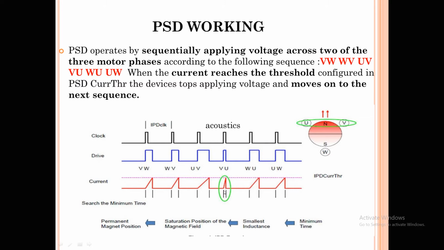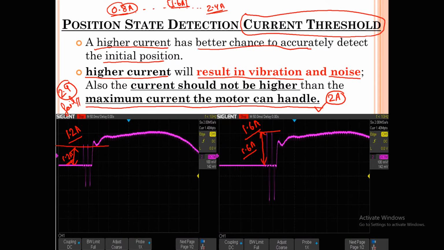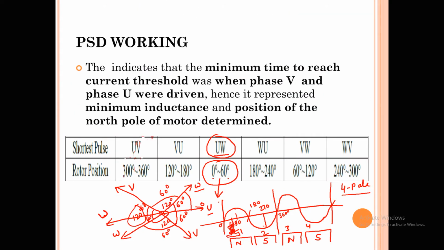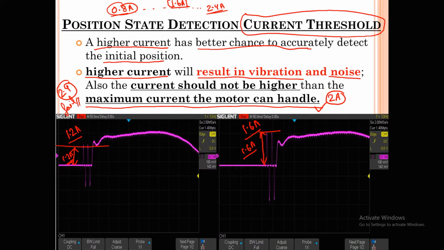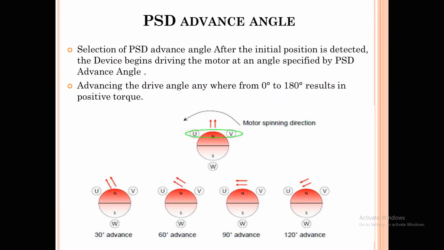Among these six phase sequences, it is usually indicated that, let's assume, UV or VW, whichever sequence gives you the lesser time, now you know where your rotor is actually positioned. So you know the exact location of your rotor, and based on that, if you energize your phase, your motor will start smoothly. This is the graph that we have discussed. Hope you get the idea.